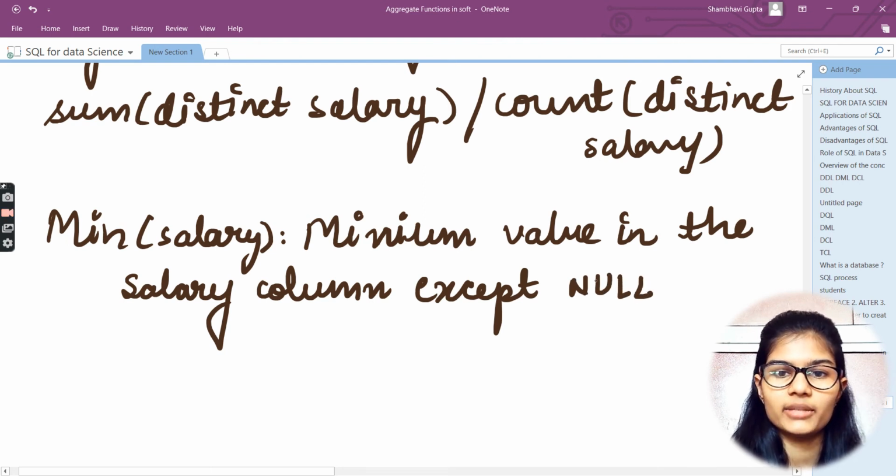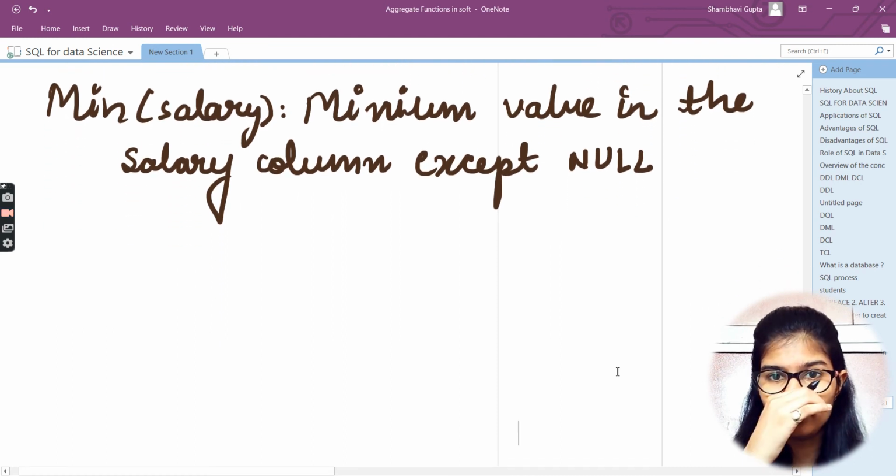Fine, except the null value, whatever the minimum value we have in our whole data that I had written above. From that, you would get the minimum value.